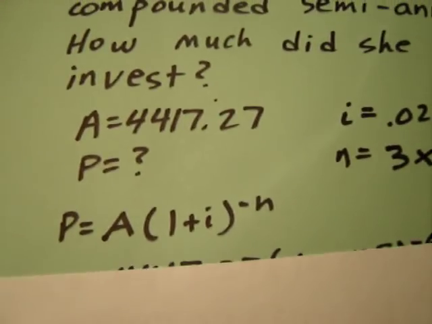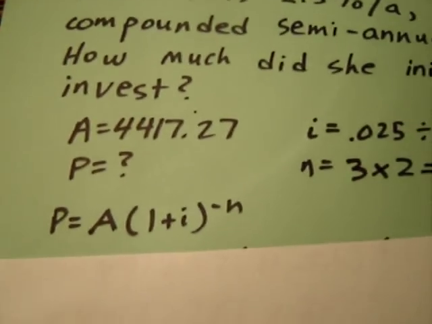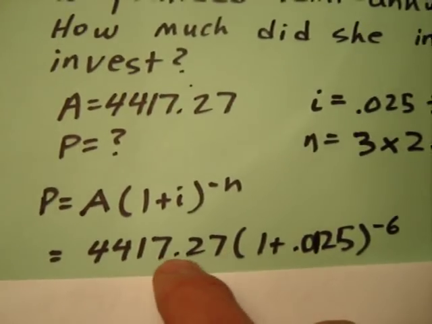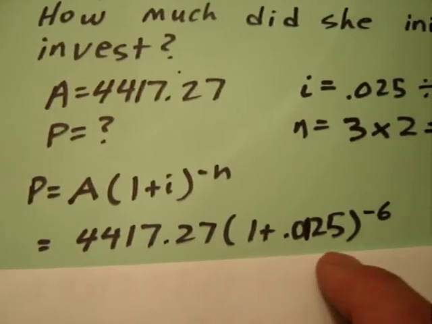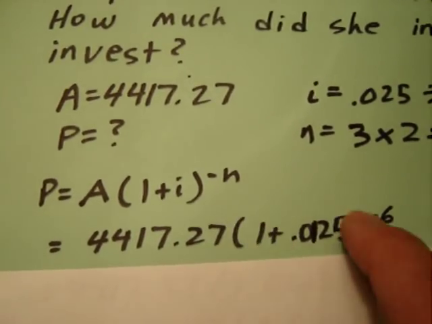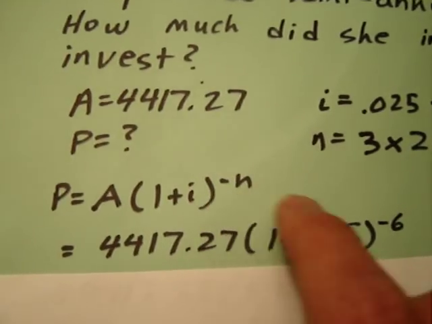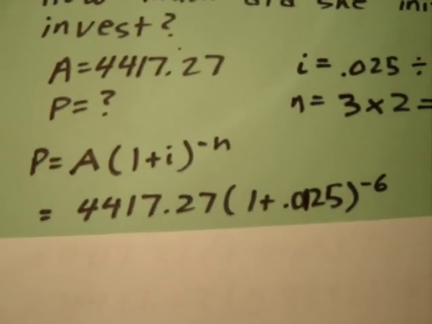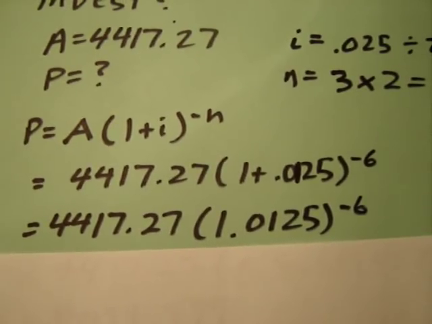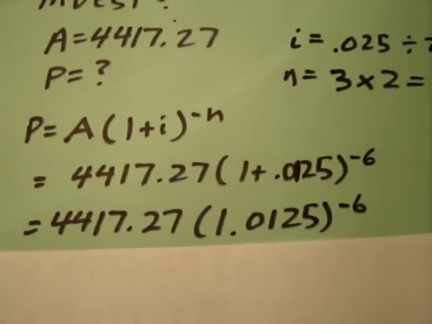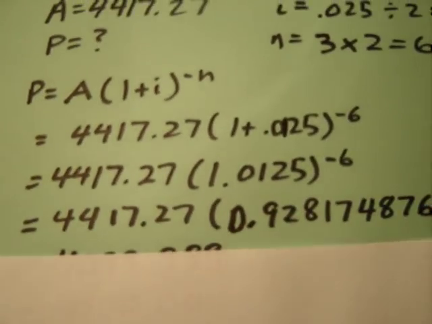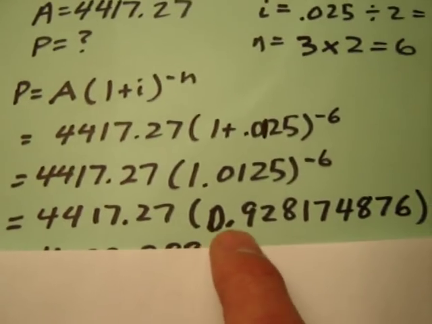So we plug them into our formula. P equals A(1 plus i) to the negative n, and we plug numbers in. A is 4417.27, little letter i is 0.0125, n is 6, so since we're going negative n, we're going to go negative 6 in this context. We evaluate our bracket, 1.0125. We raise that to the exponent negative 6, and since the exponent is negative, we see that we get a smaller number,